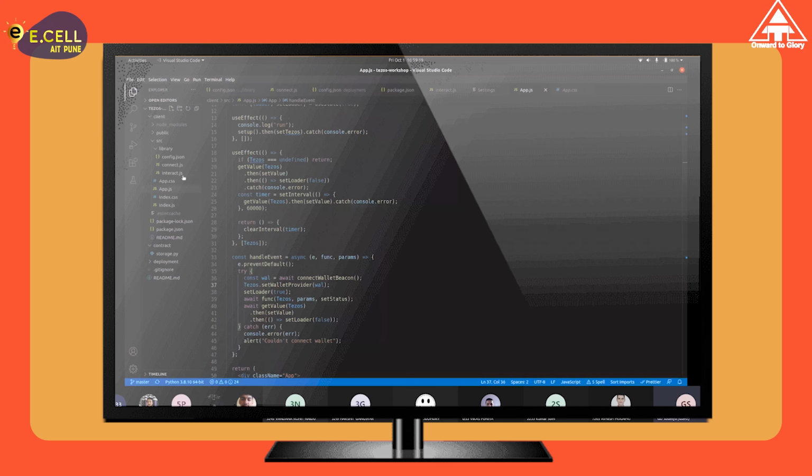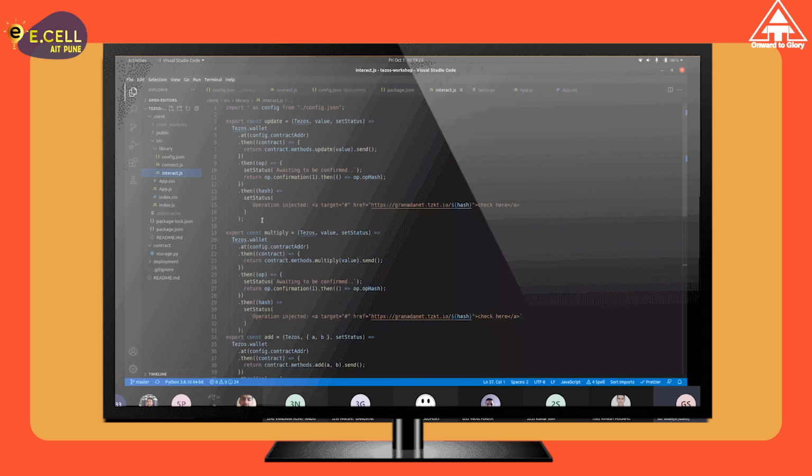Here you can see all the functions. I have different helper functions for each of the actions that I want to do. So I have the update call, the multiply call, the add call, right? To actually make a call to the blockchain, we need to take the Taquito instance or the Tezos instance that I just showed in the app.js file and fetch the contract. In this case, I'm calling Tezos.wallet because I want to use a wallet provider for our calls, and then I'm calling the contract. This basically fetches the contract from the blockchain and all the interface for the contract, like all the functions or entry points that are there on the contract, and everything is fetched here.